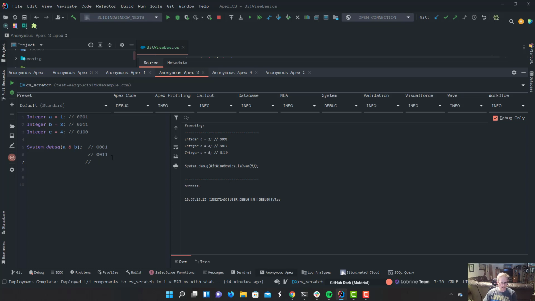line up. So remember, just like an and, right? If both things are true, it's true. If both things are false, it's false. If one of them is true, it's false. So what we are saying here, when we and these two binary numbers,